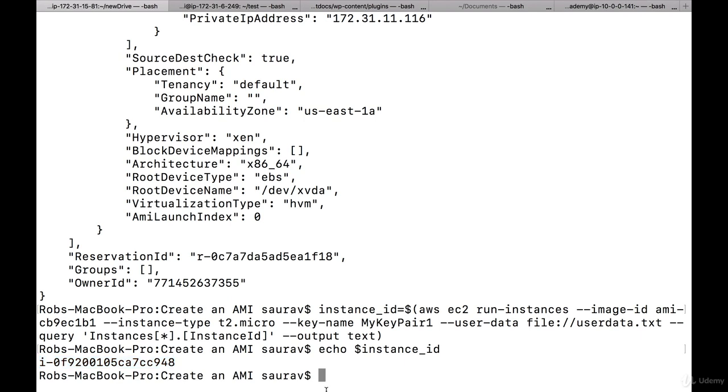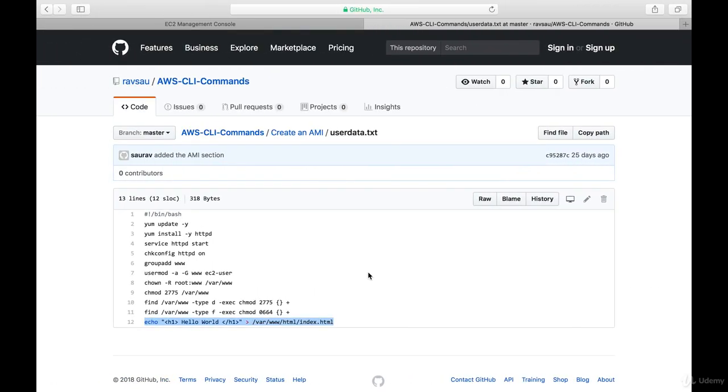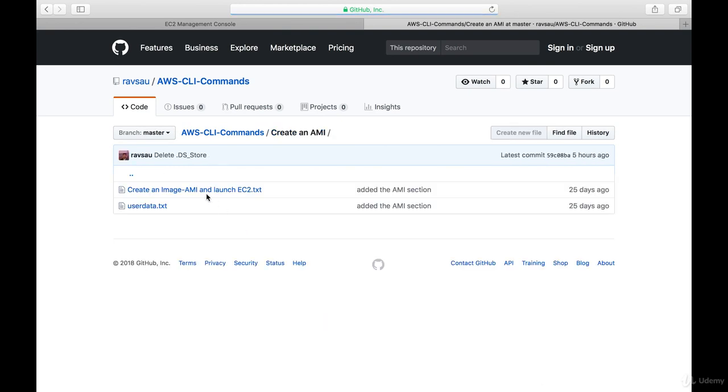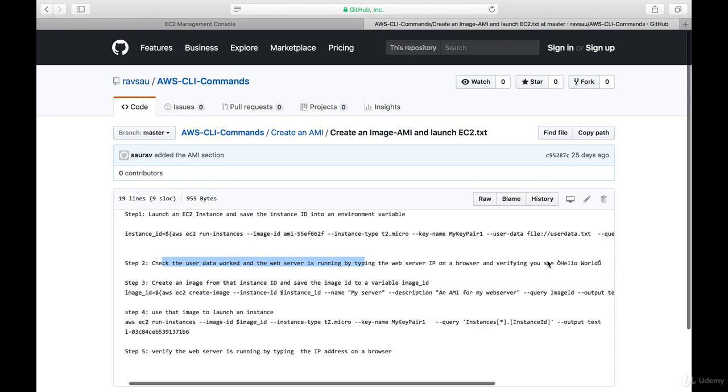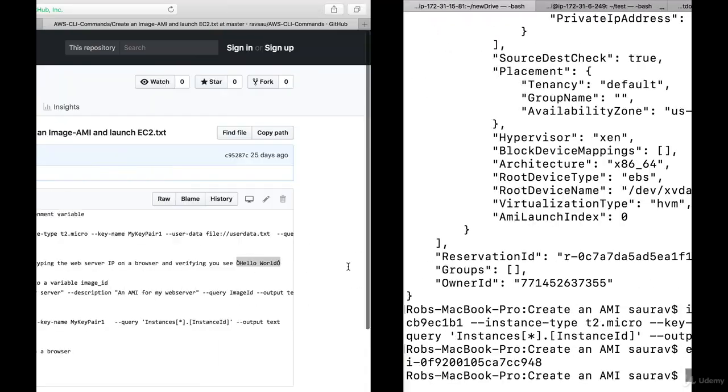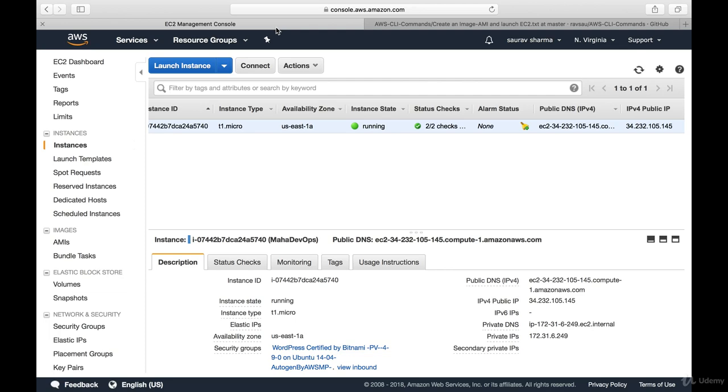So once we launch the instance, if we go and look at the steps right here, check the user data worked and the web server is running by typing in the web server IP on a browser and verifying that it says hello world. There's some typo in here, but anyways, let's go to the console,